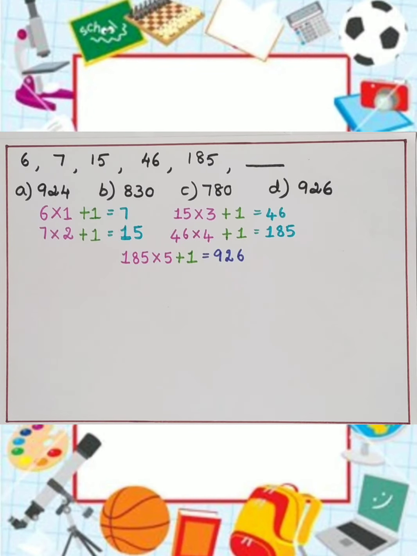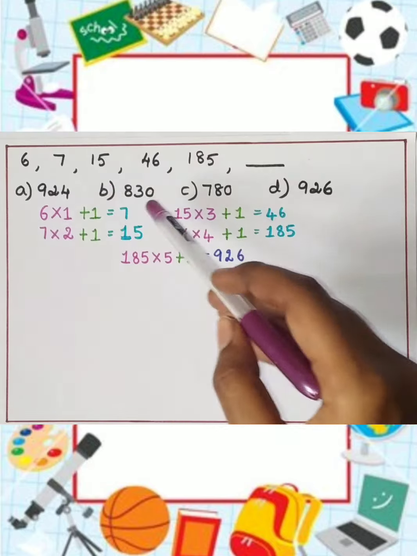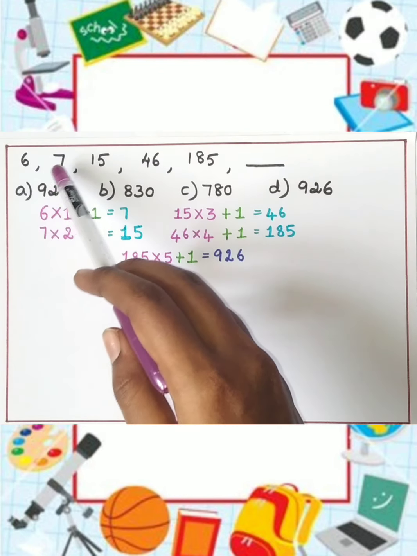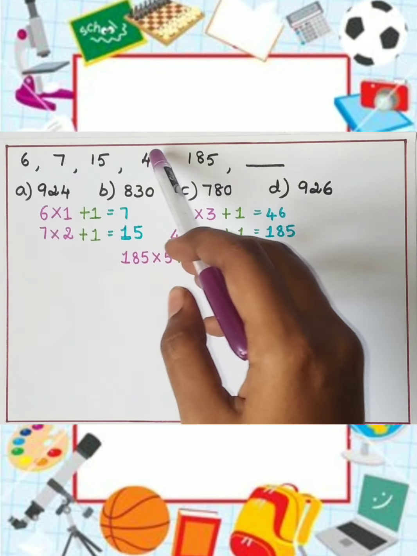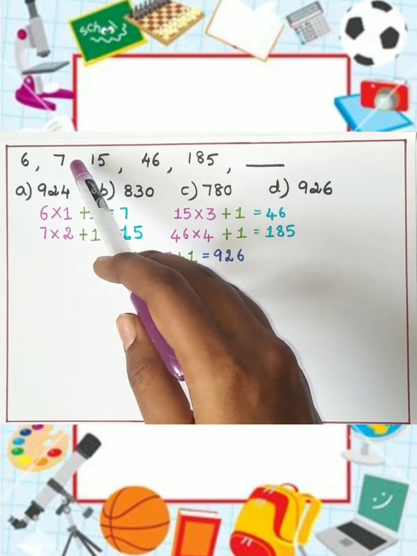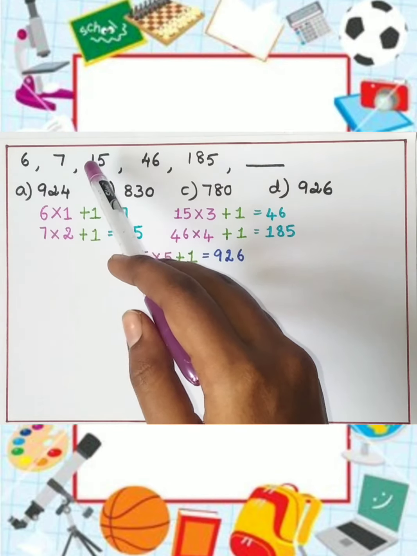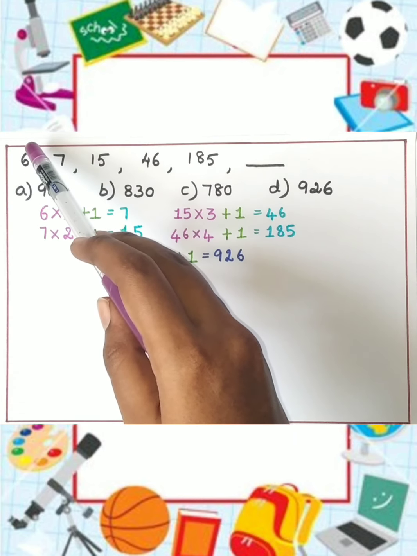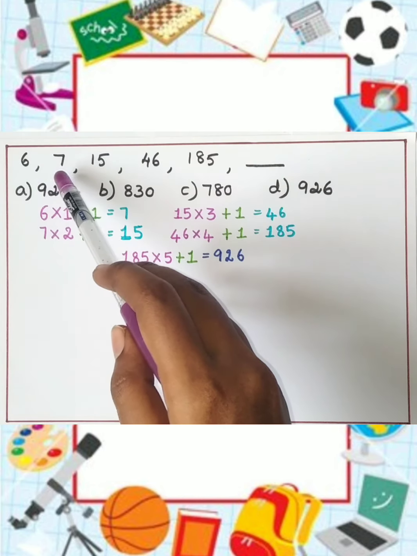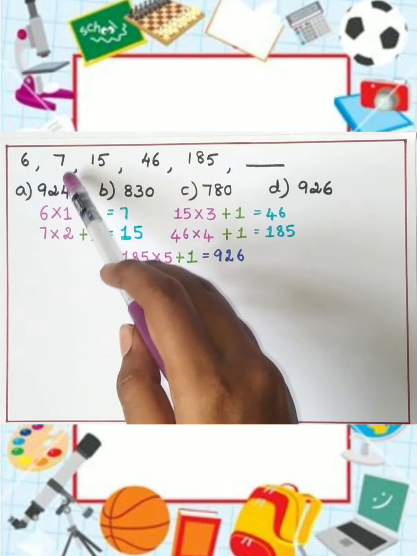Here comes another question. Before moving on, try to find the answer for this question yourselves from the logics we have seen in the previous video. Now continue watching. So here we see the differences are not comparable because here the difference is 1, then here 8 and here it's nearly 31. So there doesn't seem to be any comparable logic with the difference. So that will mean we will have to multiply the number with a number, then add or subtract a number as we have seen in the previous video.